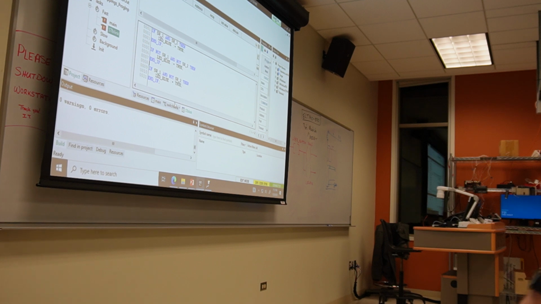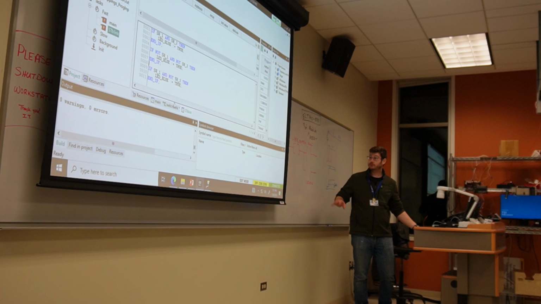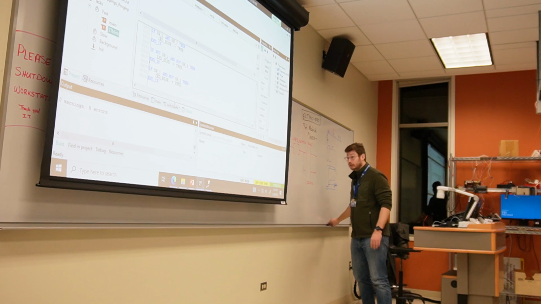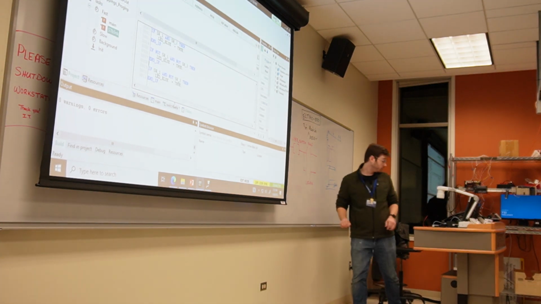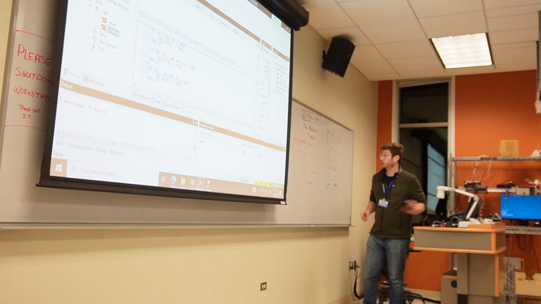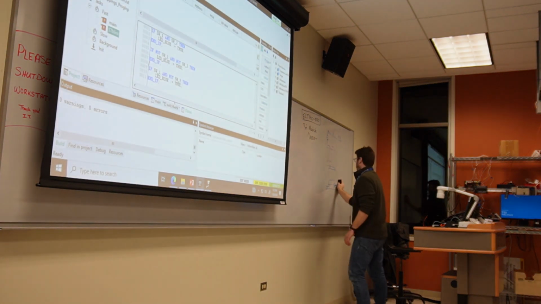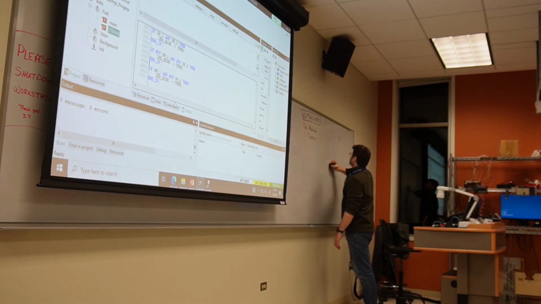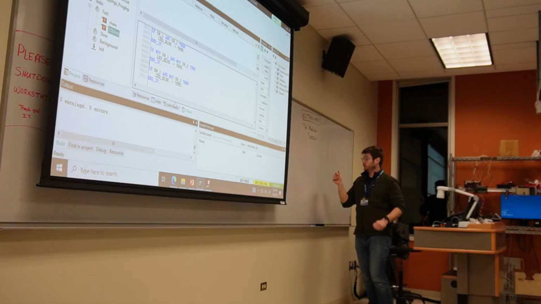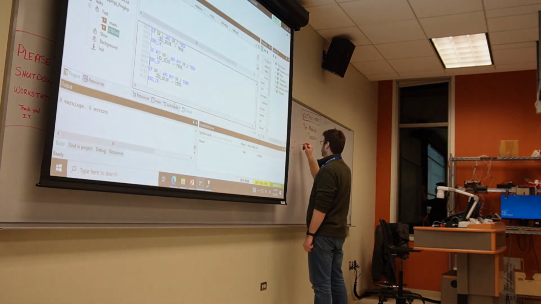All right, guys. So next one, we're going to continue on. I'm going to give you guys a new ladder diagram, and we're going to make that one too, okay? I'll leave up this example just to give you guys some code to look at. We're going to do a new thing here. All right, so what I want you guys to do is